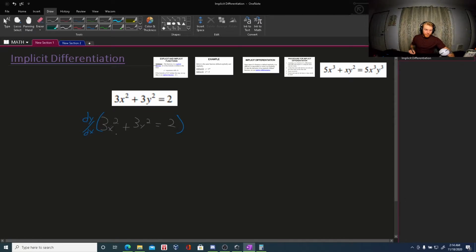The derivative of 3x squared is 6x, derivative of 3y squared is 6y. Don't forget to tack on the times dy/dx. The derivative of 2 is 0. We're just going to isolate the dy/dx, so we subtract the 6x from both sides,